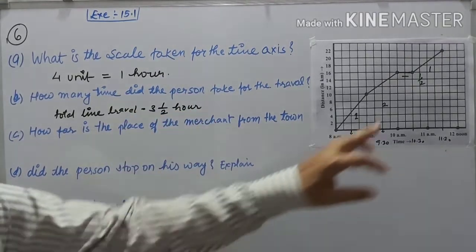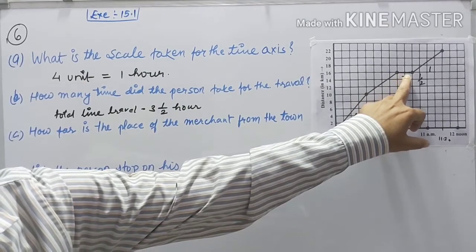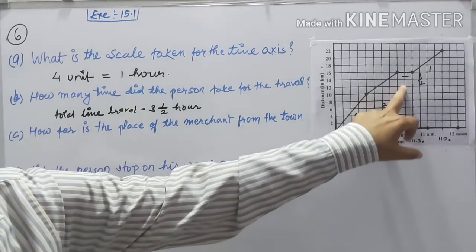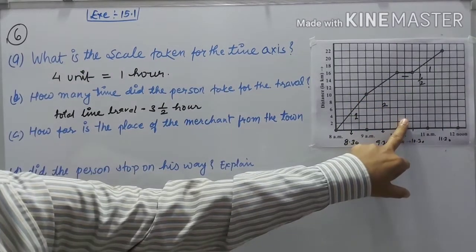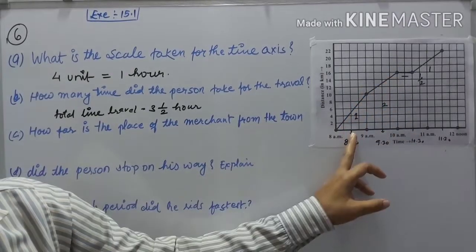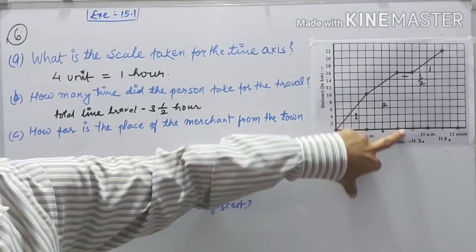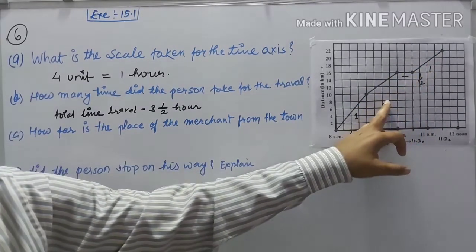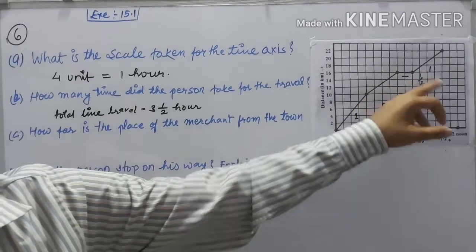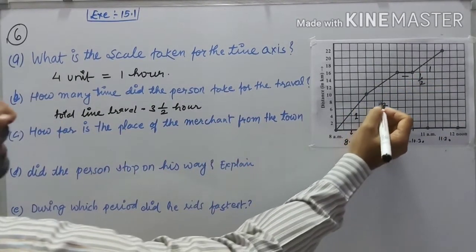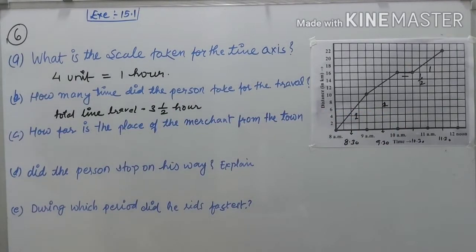Okay, because in half hour no distance is covered, between 10 and 10:30 no distance is covered, so this is the rest time. 8 to 9, 9 to 10 is continuous distance covered, and after 10:30 distance is covered again. So 1.5, 2 and 1, 3 hours will be the travel. Okay, now third question is